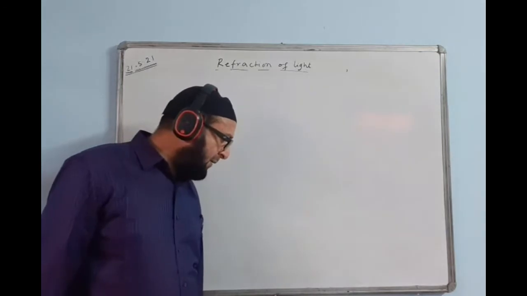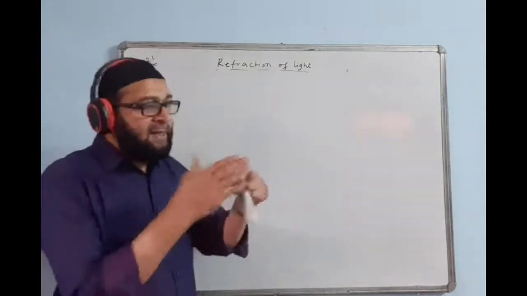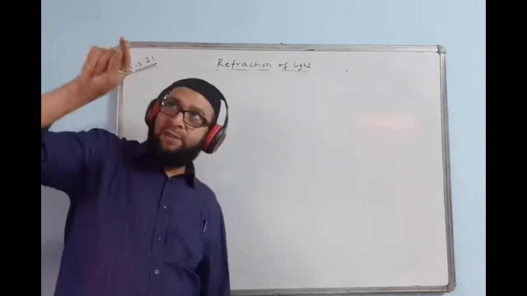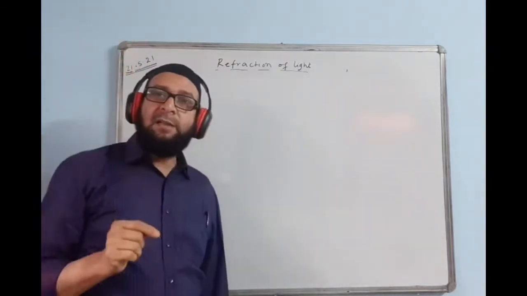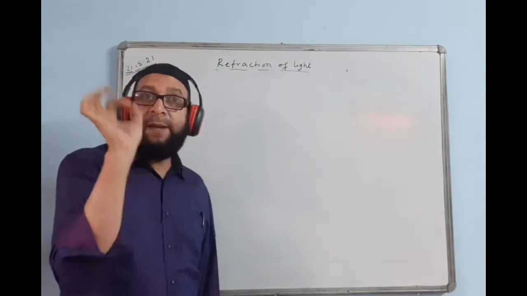Now another one: a crack in a glass vessel. When there is a crack in a glass vessel, we tilt the glass and we see a silver lining there, isn't it? If there is a silver lining there, we make out that there is a crack in the glass.